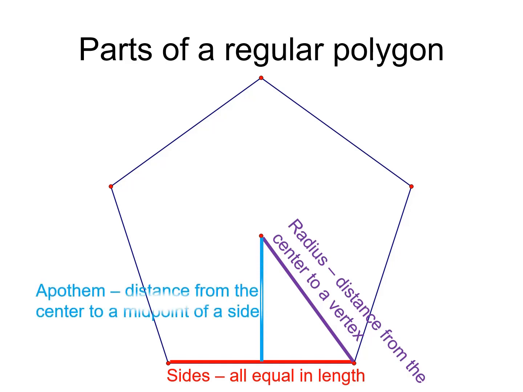And the perpendicular distance from the center to the midpoint of the side is the apothem. It sounds like a possum, but it's not. It's called the apothem. A-P-O-T-H-E-M. So in the middle of your foldable, you should have a pentagon, a regular pentagon, and you should have